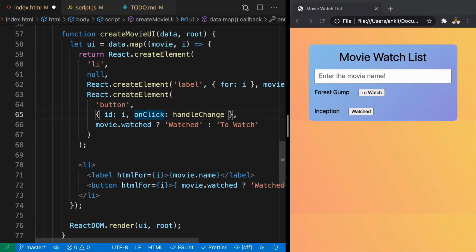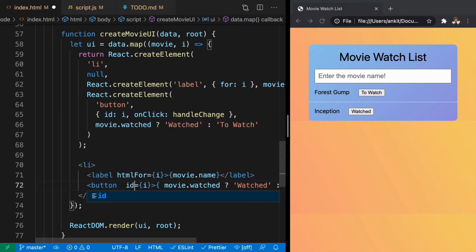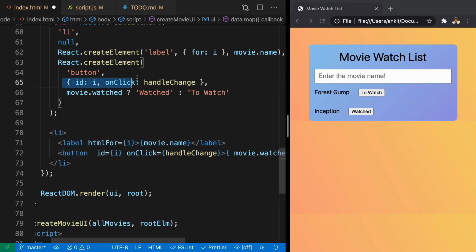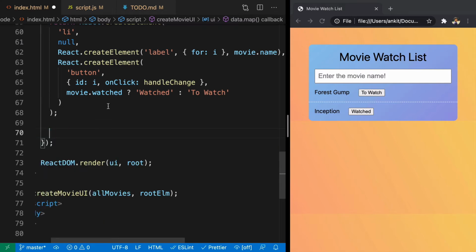So I'm going to pass it as a parameter right here. So we'll say id is going to be i, and we also need to pass onClick. What we did here is, all the attributes that we were passing as an object, we are passing as if we are passing attributes to an HTML element, right?